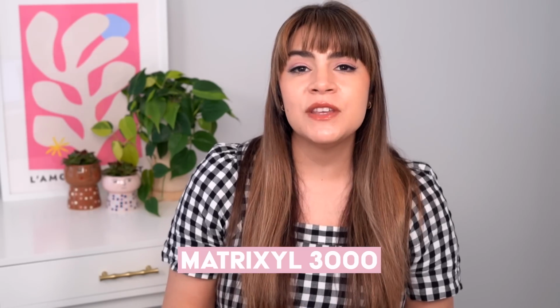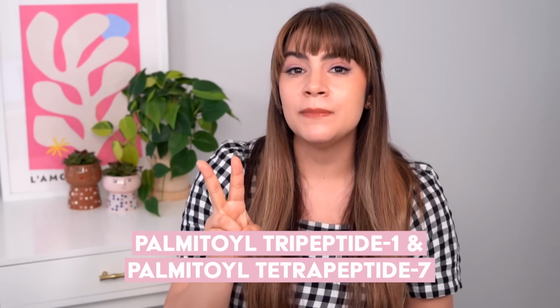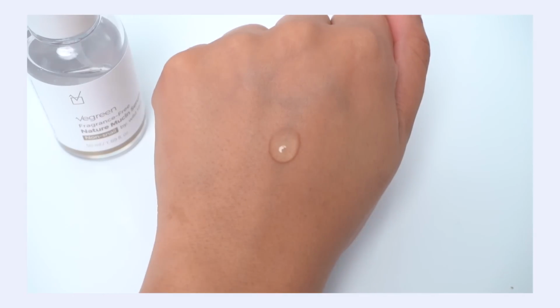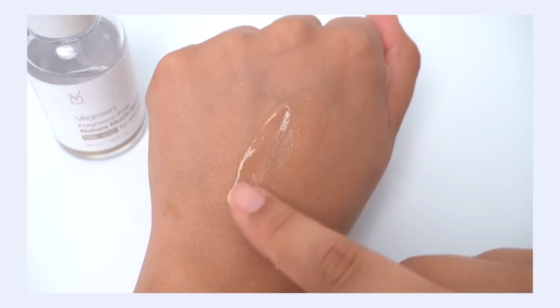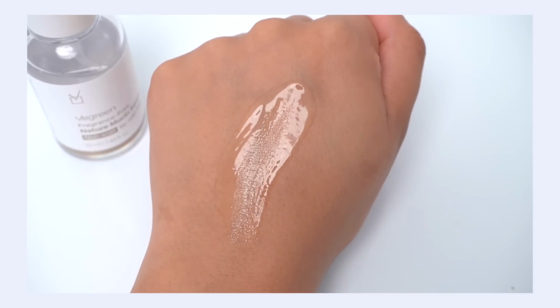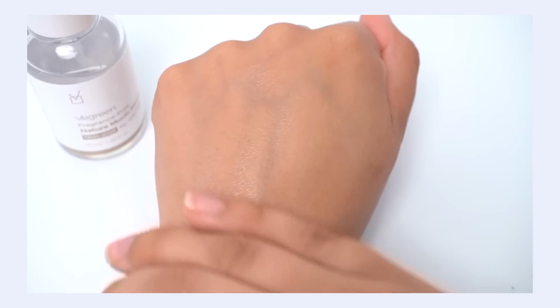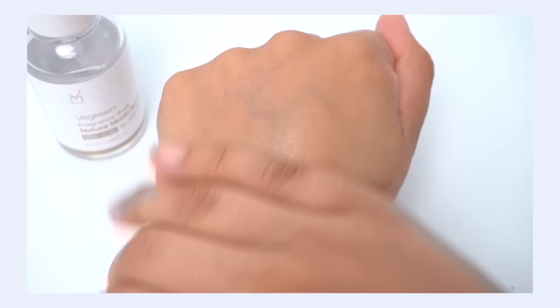And then we have Matrixyl 3000, which is actually two peptides and is kind of like the next generation of Matrixyl, really helping to target fine lines, tone, and texture on the skin. This has a bouncy gel texture that, on first glance, is going to look really similar to snail mucin, but there are some key differences here that I think make phytomucin and this Vegreen serum really appropriate